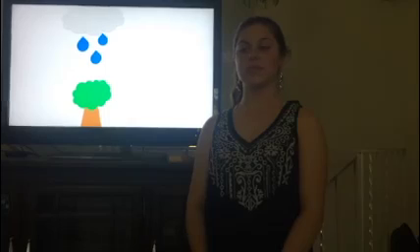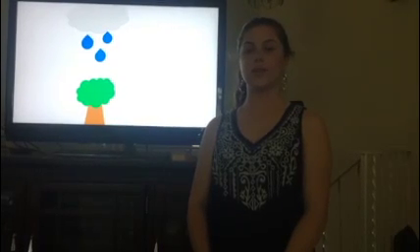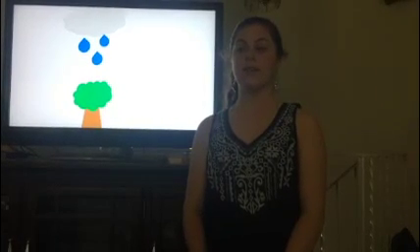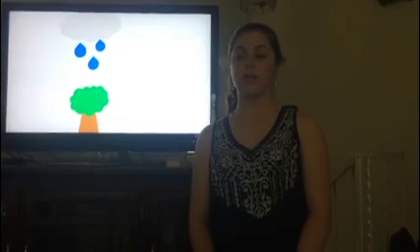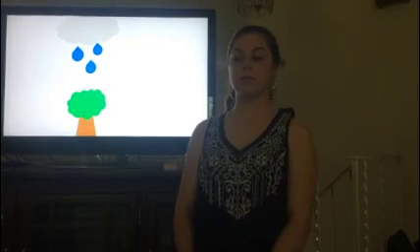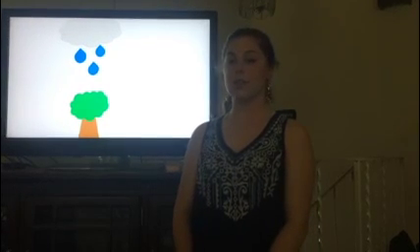With fewer trees, there is less water in the air to be returned to the soil. This causes drier soil and the inability to grow crops. This is interesting considering 80% of all deforestation comes from small-scale agriculture and cattle ranching.